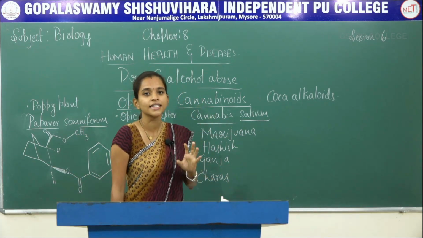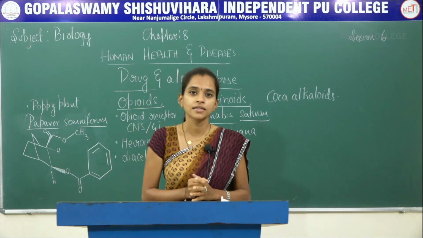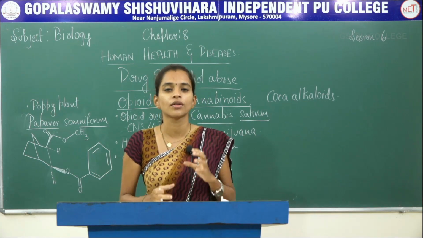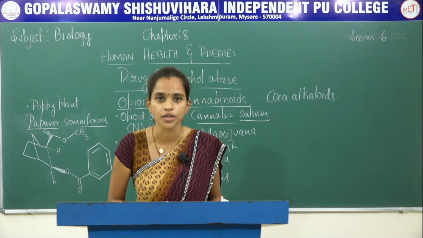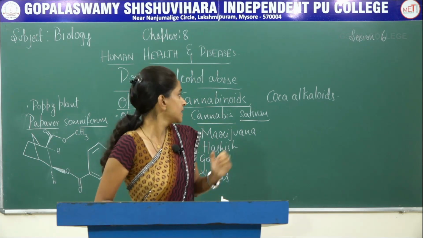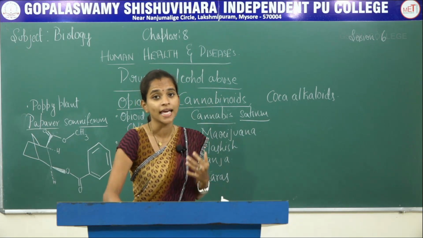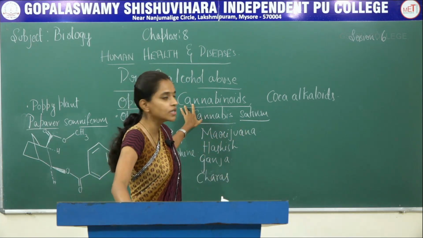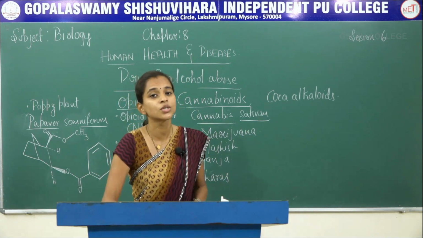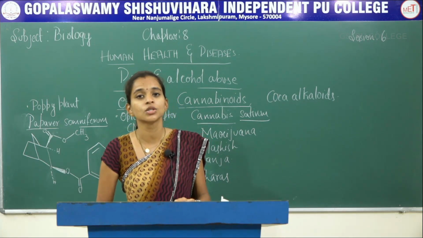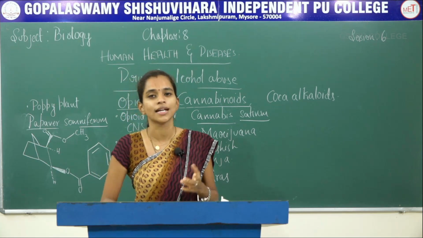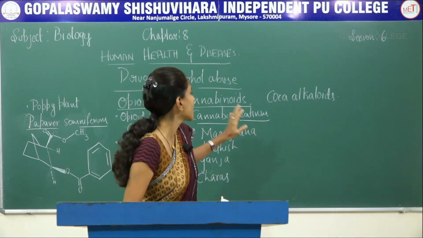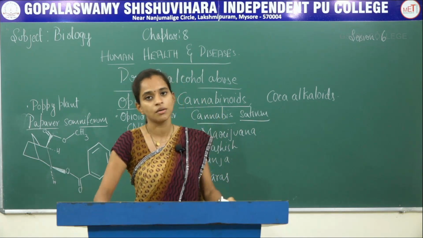Cannabinoids are accepted by cannabinoid receptors which are present in the brain. The receptors are restricted only to the brain, where they will be accepted. These can be taken into the body by inhalation, that is through snorting or inhaling. Apart from this, you can also take them by oral ingestion, that is consuming through your mouth. These are the two different ways through which cannabinoids can be taken into the host body.